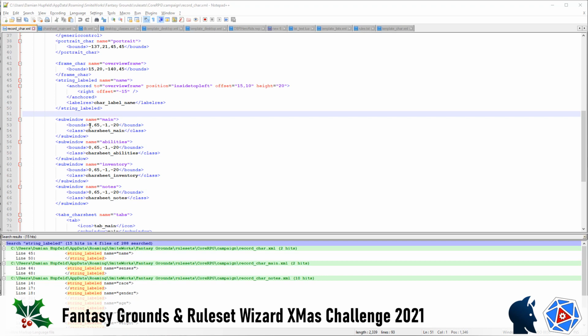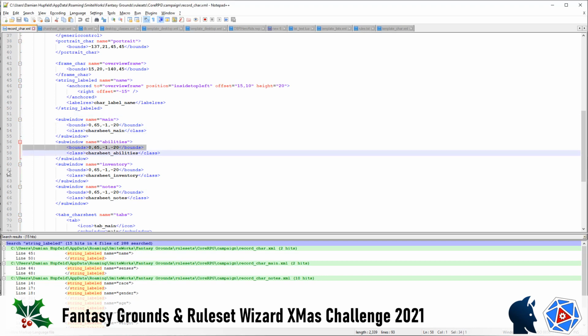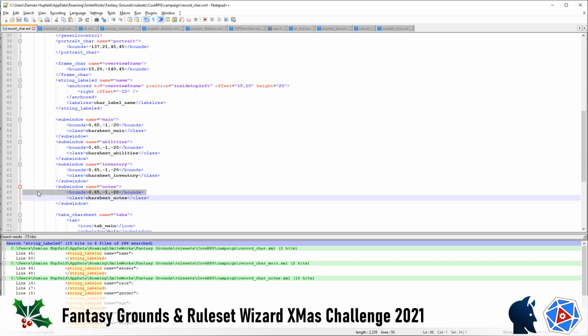These bounds give us the left position and the position from the top, so this is 0 pixels offset from the left, 65 pixels offset from the top, -1 pixels means it's from the right hand edge, and -20 pixels from the bottom edge. And the class, charsheet main, is basically another window class that's going to sit in there. What we'll actually see is that all 4 of these have the same bounds. They all sit on top of each other, and basically one of these is visible at any one time and the other ones are hidden. So anyway, we need to